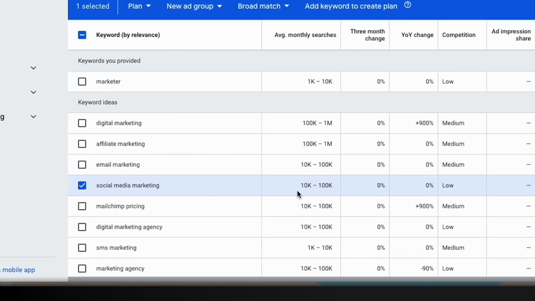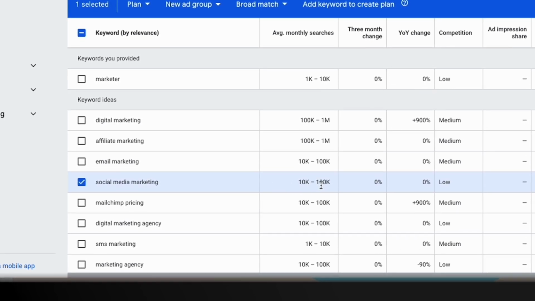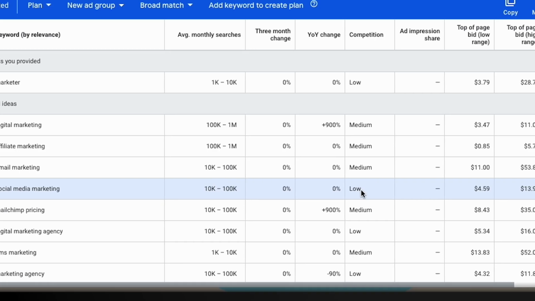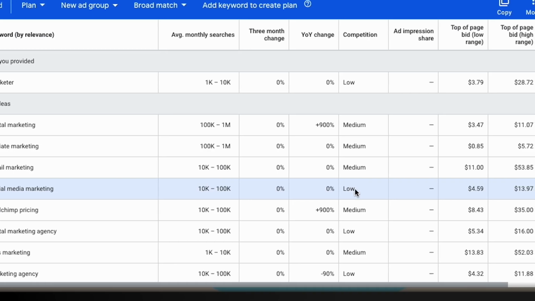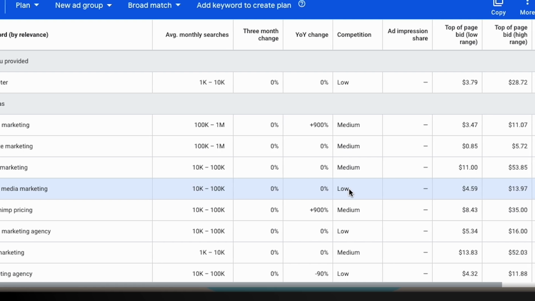Over the last month, there's been 10,000 to 100,000 views. That's a lot of views, okay? So that's kind of important. But even the more important thing is that the competition for this is actually very low. So I think this might be the direction that we go in terms of setting up our template and choosing